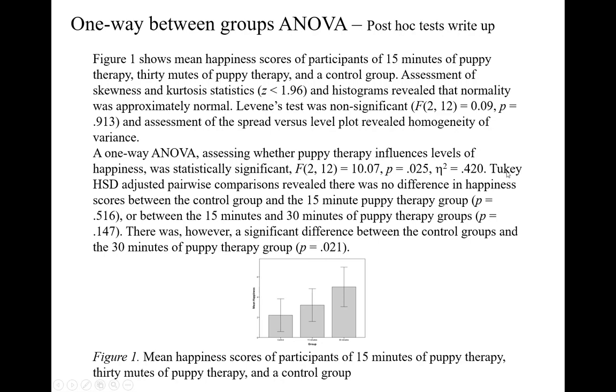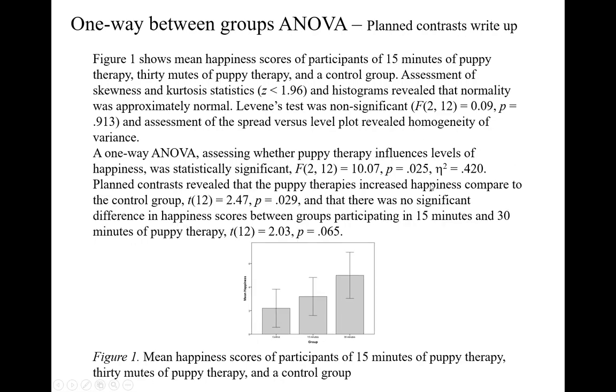P-value, so see how I've just included the p-value in the brackets there. Between the 15 minutes and 30 minutes of puppy therapy, p-value here. There was, however, a significant difference between the control group and the 30 minutes of puppy therapy, p-value. You might also notice that there is a difference in how these were interpreted compared to